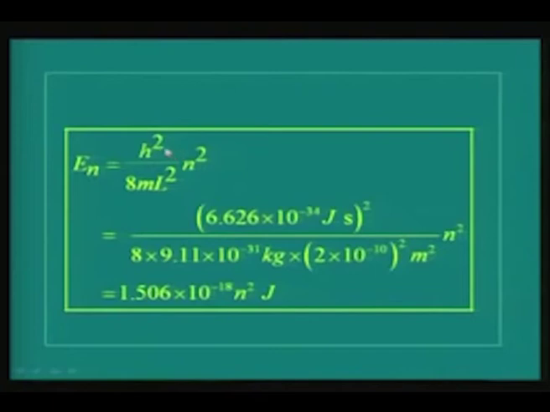E n is of course given by h squared by 8 m L squared times n squared. h is 6.626 times 10 raised to minus 34 joule second, h is squared, and 8 times the mass of the electron, which is 9.11 times 10 raised to minus 31 kilograms. The dimension given to you is 2 angstroms or 2 times 10 raised to minus 10 meters. It is L squared, therefore you have the square here,